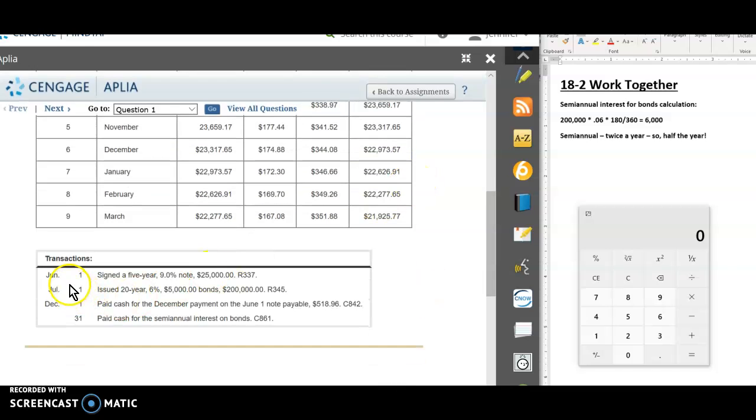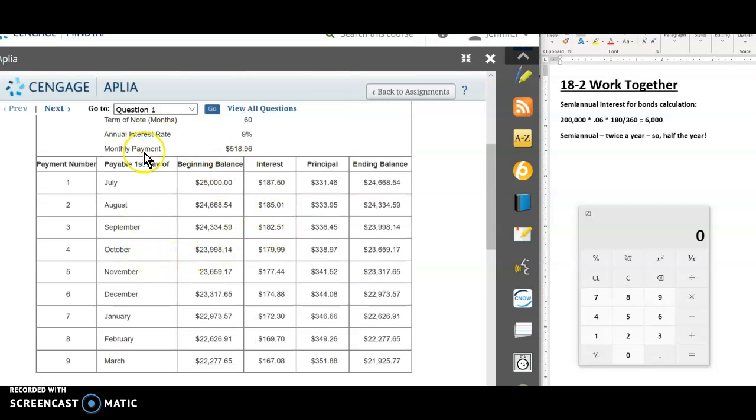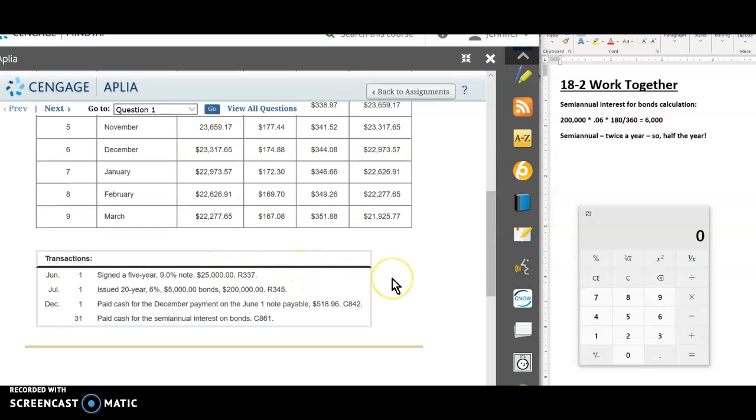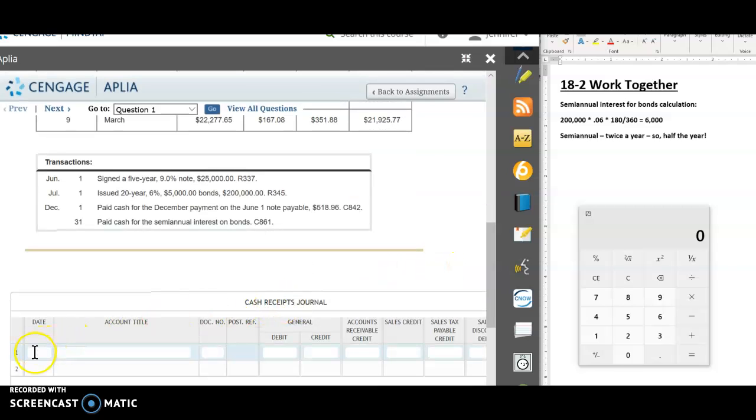All right, our first transaction on June 1st: we signed a 5-year 9% note for $25,000, receipt 337. So that's kind of a clue saying, hey, this needs to go in your cash receipt journal. Okay, this note goes along with this note payment here, that $25,000. Right now we're just saying we borrowed $25,000 and we have to put it into our books. So go to your cash receipt journal, and on June 1st,